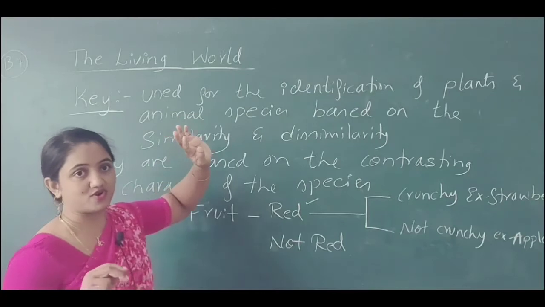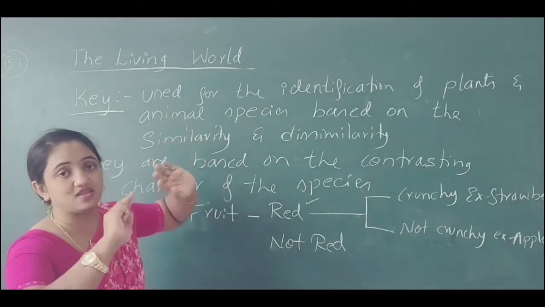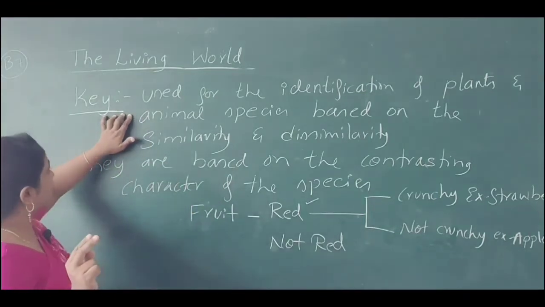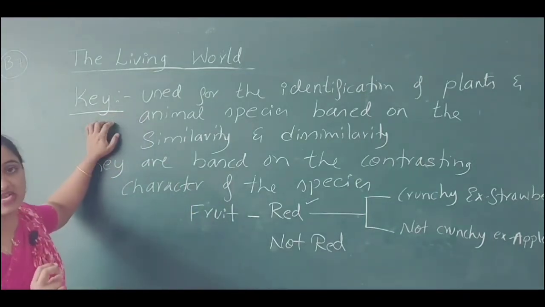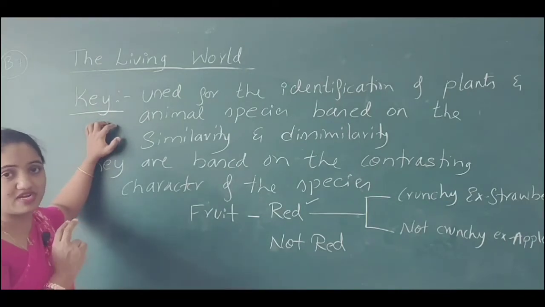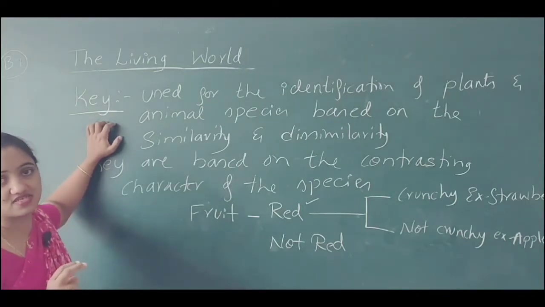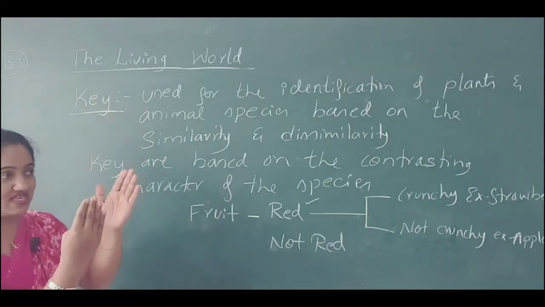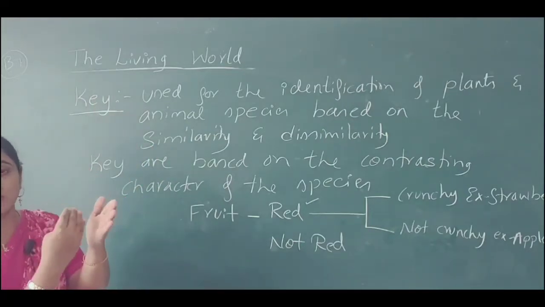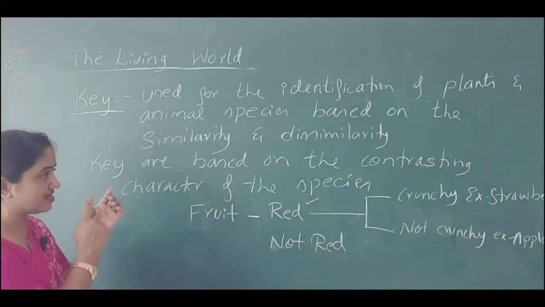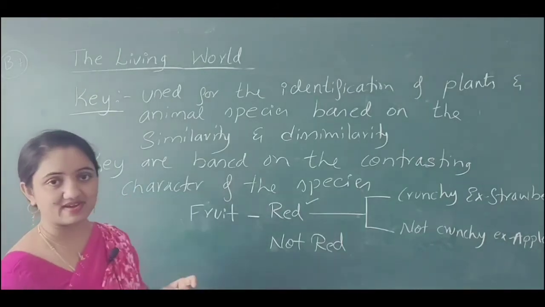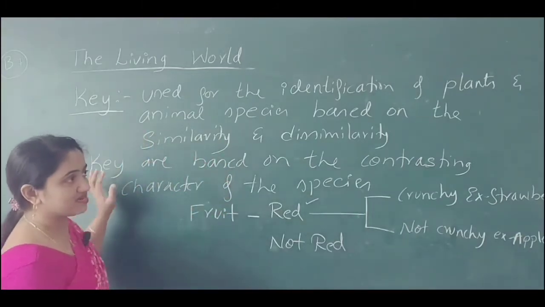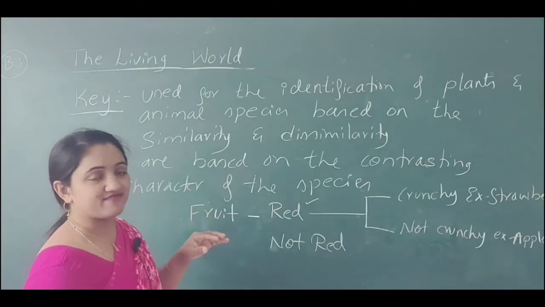If you do not like to write any keys, just follow this. This is a type of taxonomical aid. Already the botanists or the zoologists have written them in the books. So by seeing the books, you can follow, write, or describe the characteristic features of plants and animals. Everything is written in the book. In which book have they written?